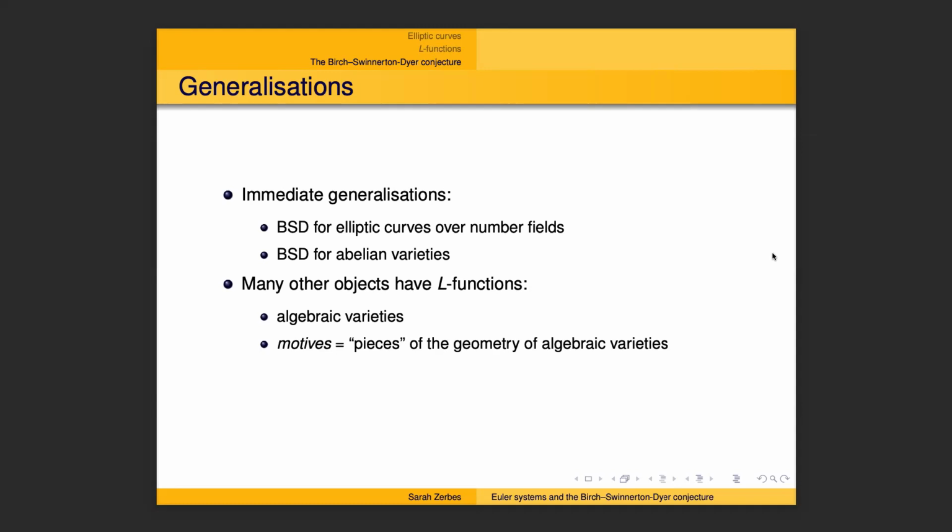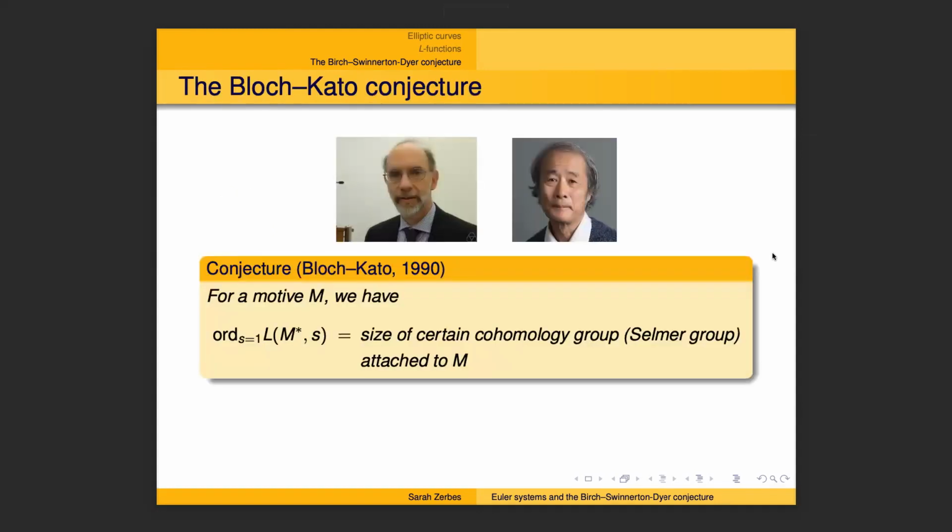Or said in a different way, can we attach an arithmetic meaning to certain values of these L-functions? The answer is yes, at least conjecturally. That was formulated by Spencer Bloch and Kazuya Kato in 1990. They formulated the following conjecture. Given a motive M, if we look at the order of vanishing of the L-function of the dual motive, then that should measure the size of a certain cohomology group, the so-called Selmer group